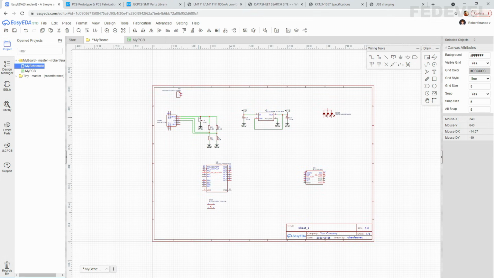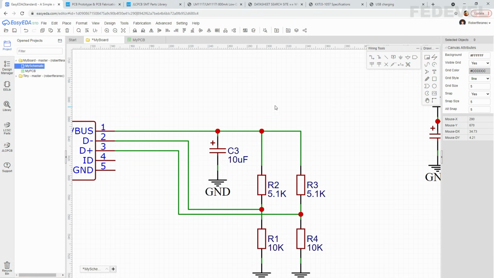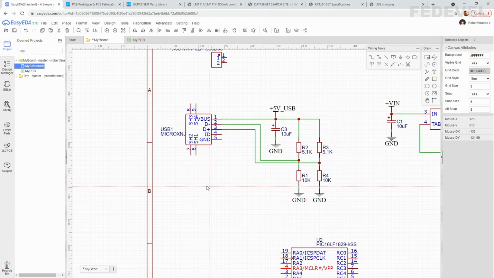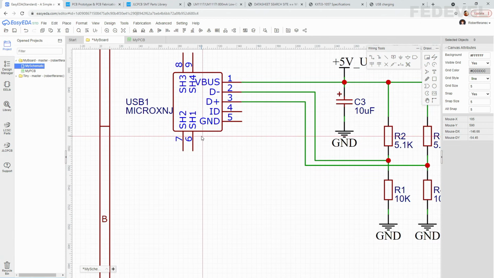I'm going to place here the +5 USB power net symbol, so when we are routing these tracks, we will know it is power. Just call it +5V USB, enter, connect it, and also maybe connect this shield to ground.